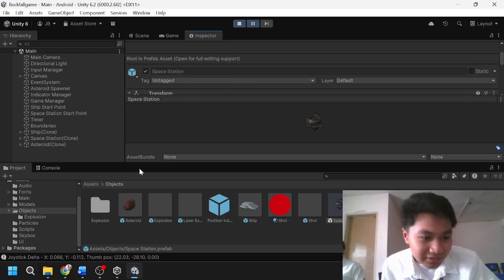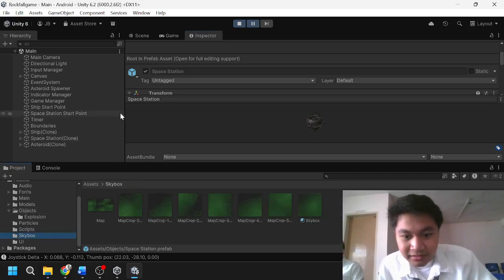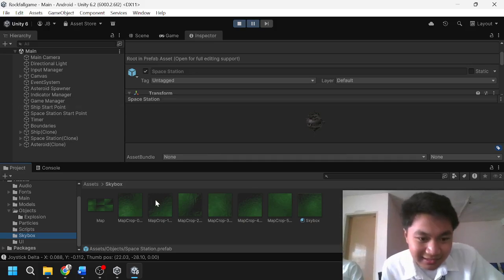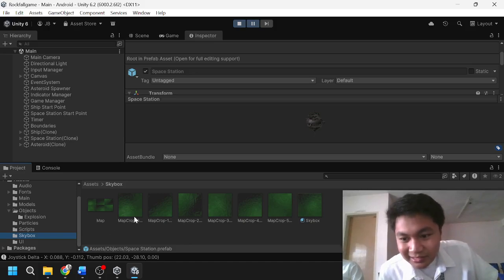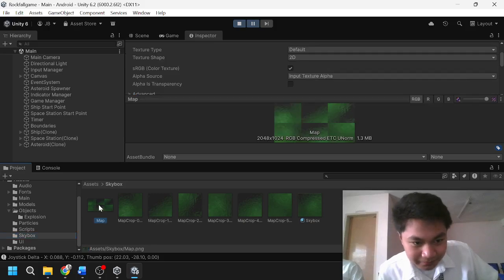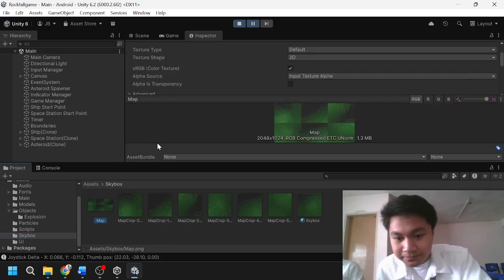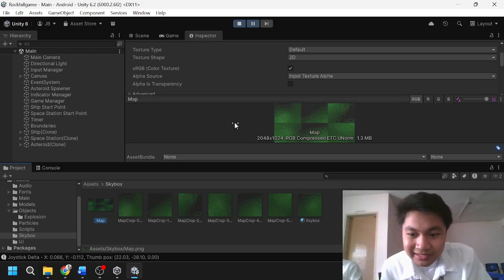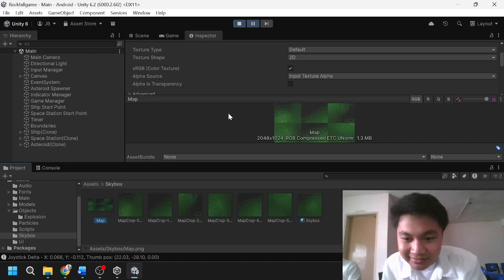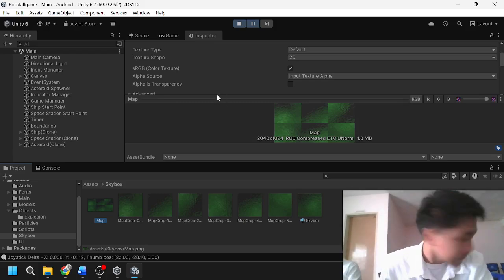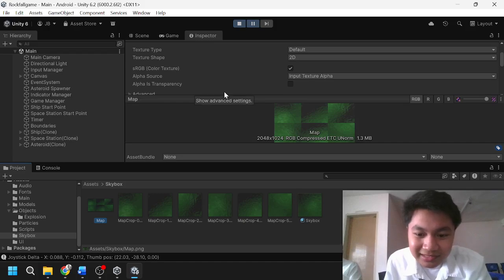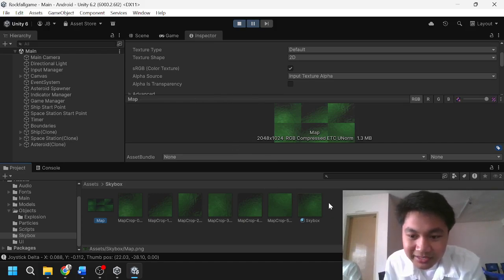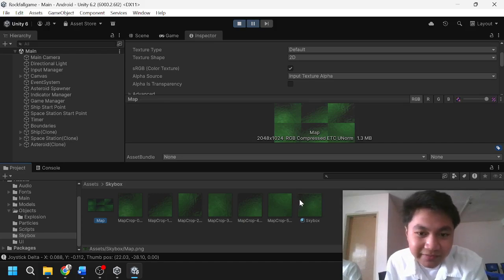So to make the game feel like outer space, we replaced Unity's default skybox with our space skybox. We created a new material named skybox and changed its shader to skybox six-sided. Then we assigned the six texture images to their correct sides: front, back, left, right, up, and down. Finally, we opened up the lighting settings and assigned this skybox material. The environment instantly looked like deep space, and the objects even received a green tint based on the reflections of the sky.